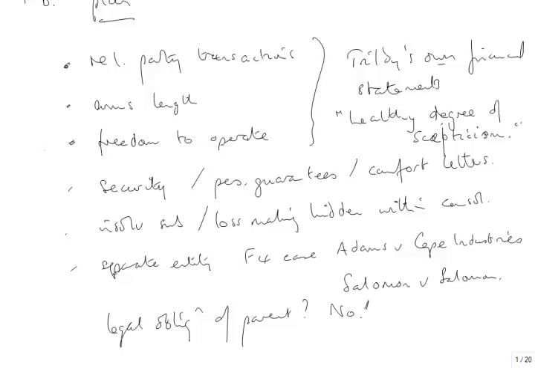Some F4 cases you may remember, Adams and Cape Industries, and of course Salomon and Salomon. Is there a legal obligation of the parent? No, there isn't. Now the question specifically says, comment on the importance when deciding whether to grant credit terms. I can't really get related party transactions, arm's length and freedom to operate. That doesn't actually answer the question that's been asked. Comment on the importance that the parent should attach to the consolidated financial statements when deciding whether to grant credit terms. But I can bring all those 3 points into the requirement, or what we should do is we